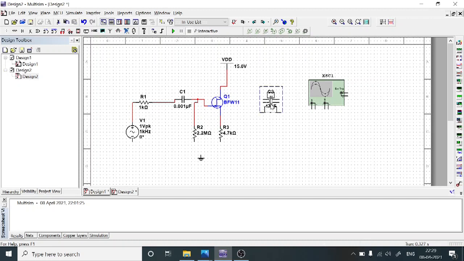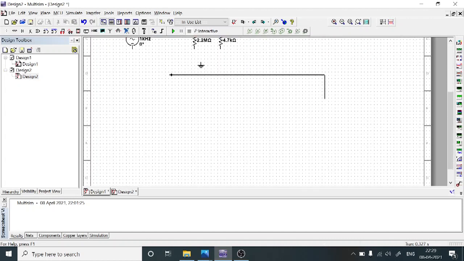Hence the signal is passing through the 47 microfarad capacitor. One end of this capacitor is connected to the source terminal, and the other end should be connected to channel A positive. As per my connection, channel A acts as the output signal. Channel B positive terminal, I'm going to connect across the input side here.